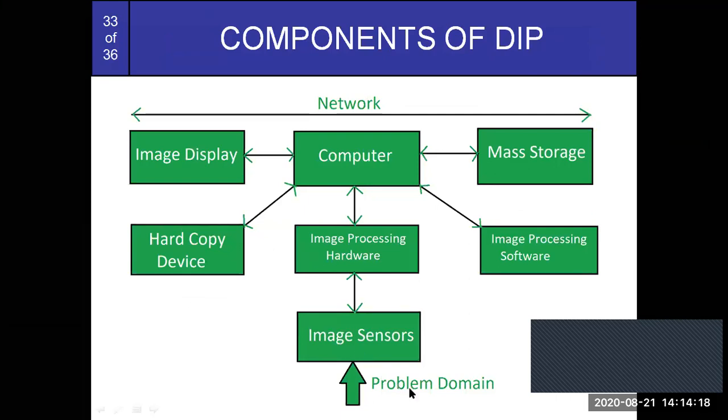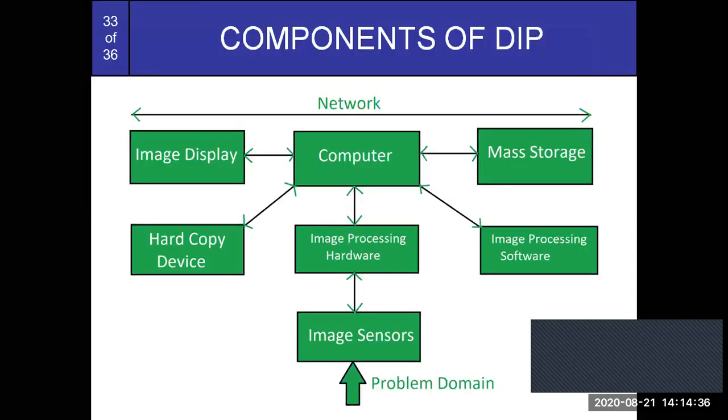Problem domain means, what is the problem domain? Whatever scene element we have to capture is called the problem element. Okay. Next, come to the sensors, image sensors. So image sensors are the hardware components which are used to sense, or to acquire the image